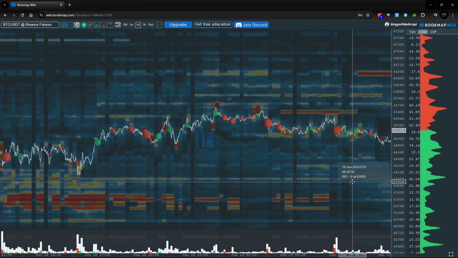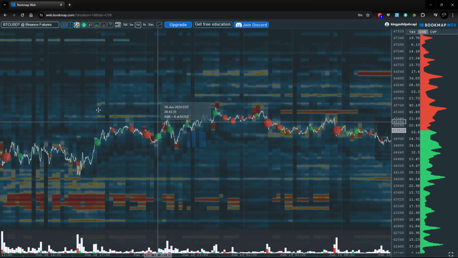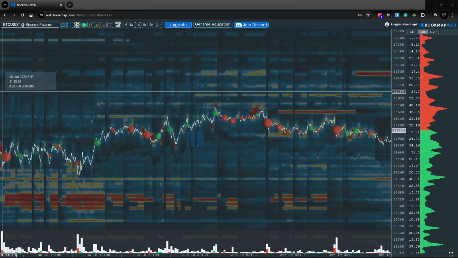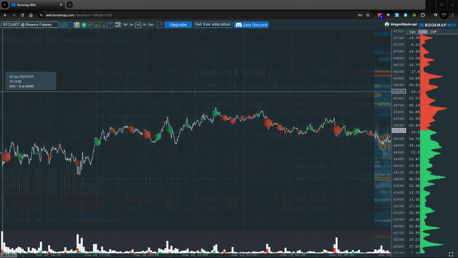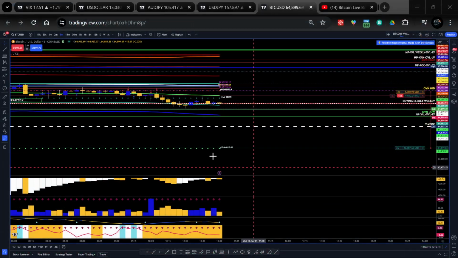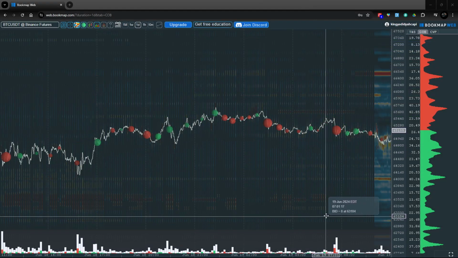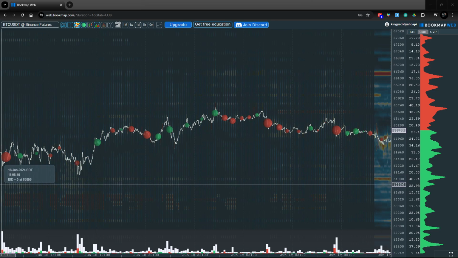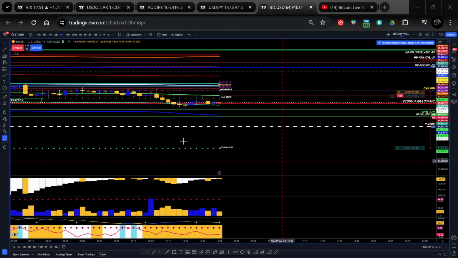Let's see, there's a target here of liquidity at 64,000, right? So let's see, what was my target here again? I wanted to get to 63,796. So looking at that, I'm gonna move it up to yesterday's low, which is 64,000, right? So going with this heat map here, we have 64,000 as the first liquidity to get to. So I'm gonna leave my target here at 64,000 for now.